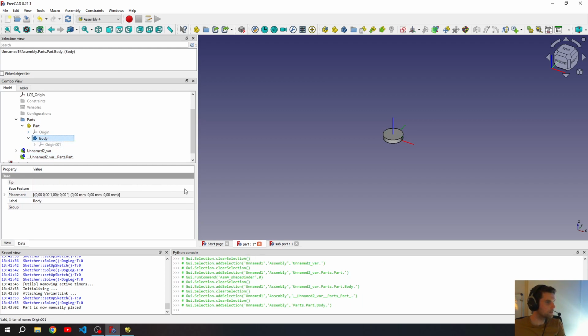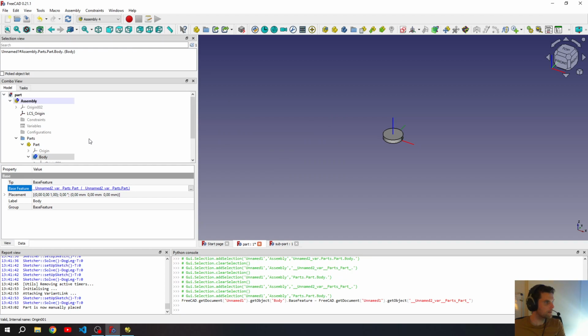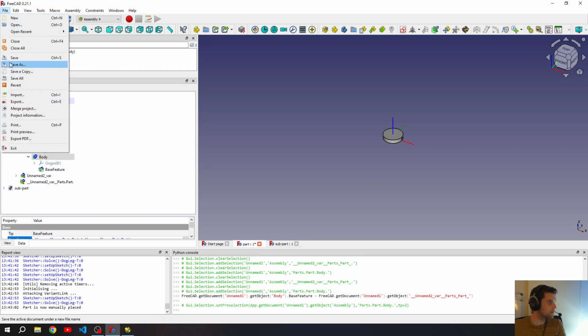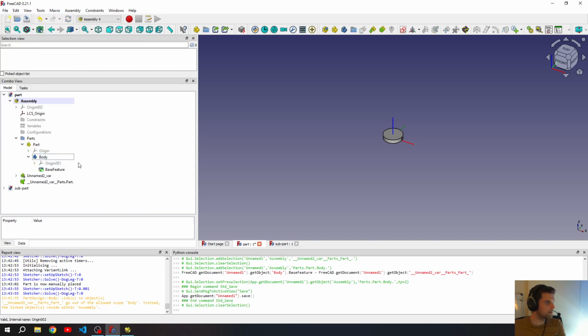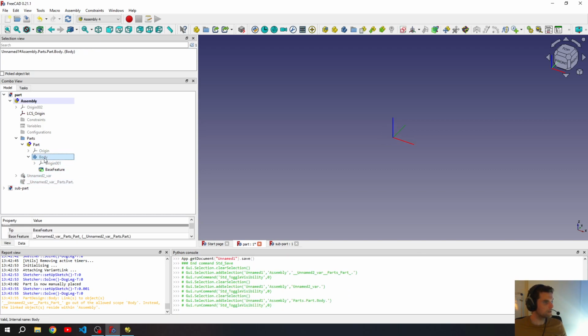That shape binder uses the base feature for the body inside the part document. Let's save that. So now if I hide this, we see that we have a body